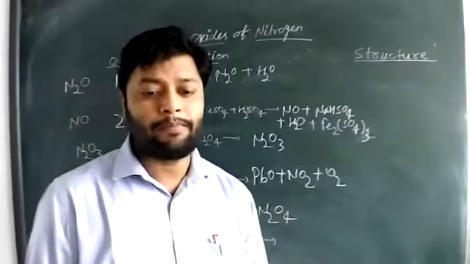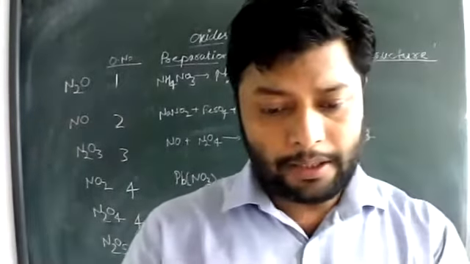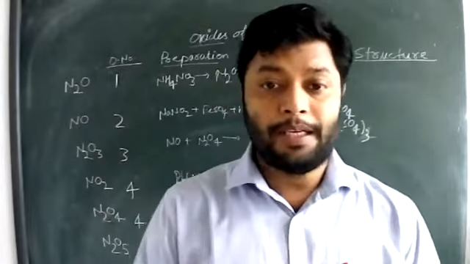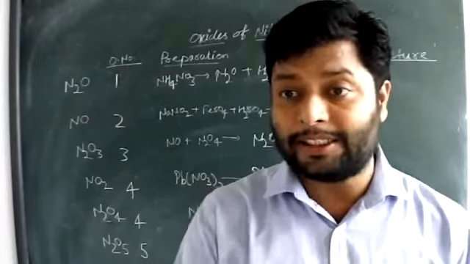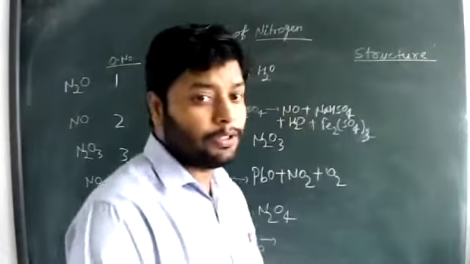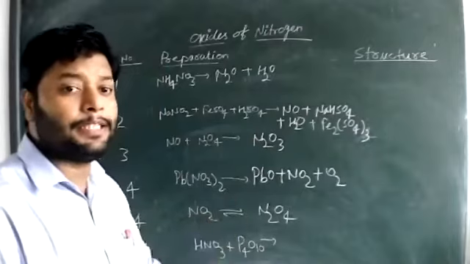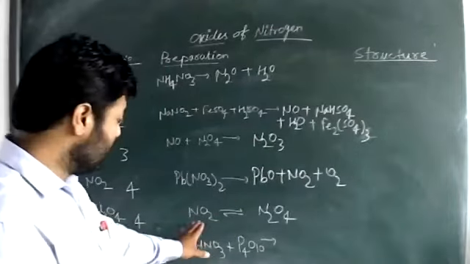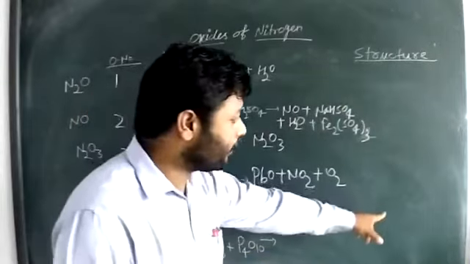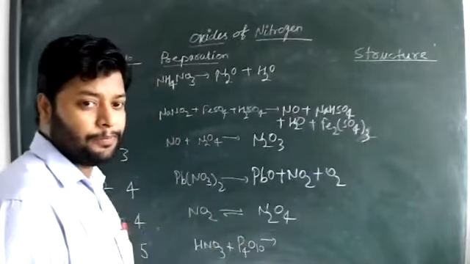This question is given in the in-text questions or examples, I think in Example 7.5. This is one of the important questions in this section. Example 7.5 is about dimerization of NO2. The question is why NO2 dimerizes, and the answer will be according to the structure. From the structure, we will explain why NO2 dimerizes.